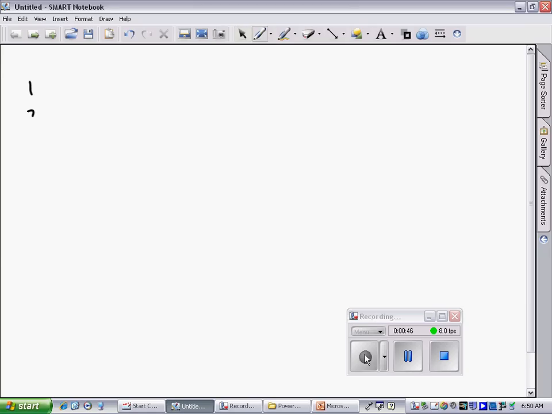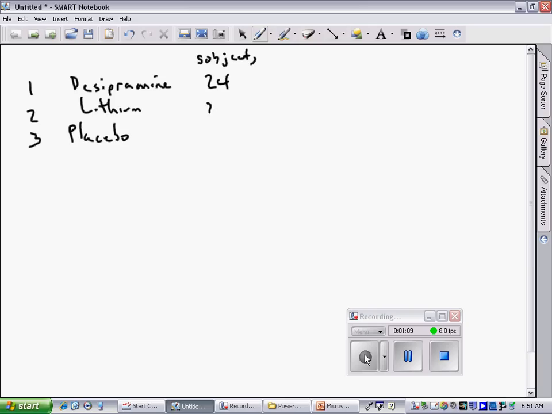We had 3 groups, 1, 2, and 3. We had the group that had desipramine, lithium, and the placebo. There were 24 subjects in each group, and if we just look at the ones who did not relapse, there are your numbers. Now it's easy to see from those numbers that desipramine had a better no relapse rate